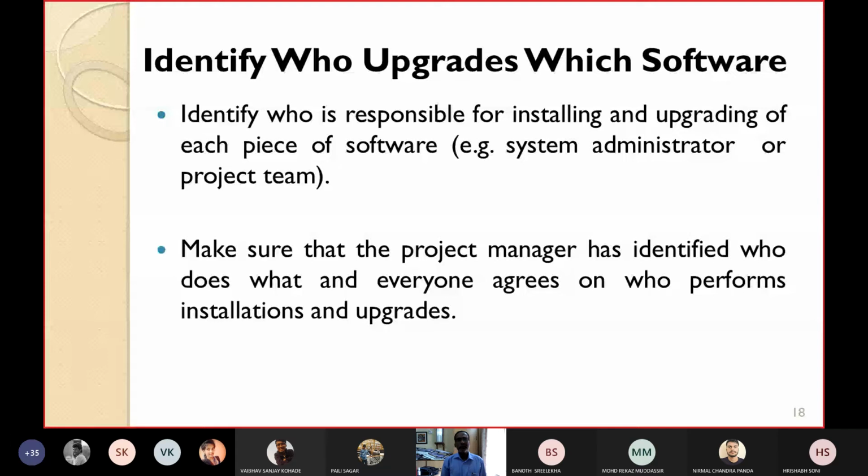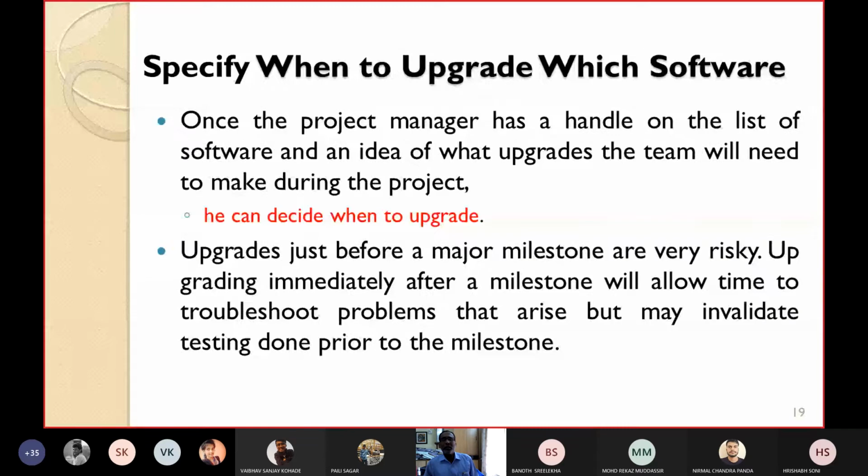For example, as I already told you, who upgrades which software is important. Like that, it is also important that you note down when to upgrade which software. You cannot just upgrade every software every day. So when to upgrade which software has to be specified and recorded. Once the project manager has a handle on the list of software and an idea of what upgrades the team will need to make during the project,